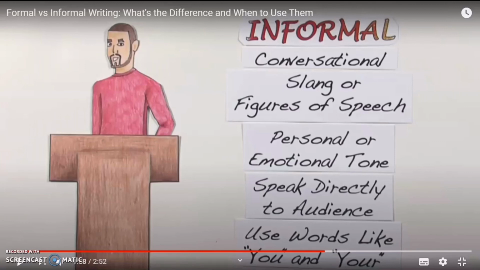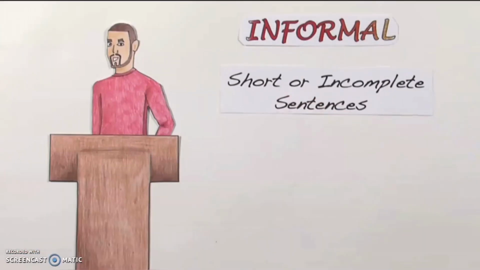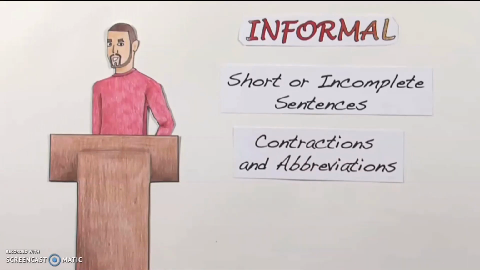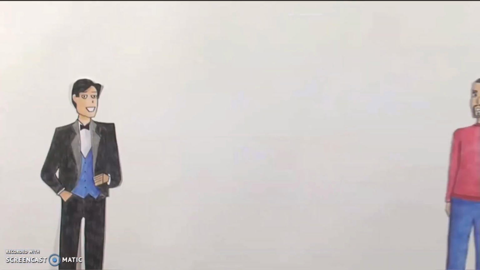Here you use you, I, me, us very easily. And a difference between the formal and the informal is that here you have your personal touch. You have emotions and you have your opinion included in this type of writing. I'm pretty simple because I use short sentences or even incomplete sentences to make my point. Lastly, I like to keep it short, so I use contractions and abbreviations. That pretty much wraps up my style of writing. Thanks. Thank you, informal writing.